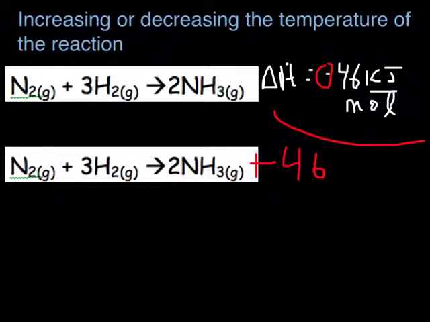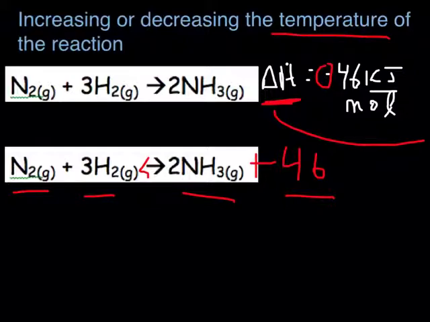Okay, remember, temperature is a measure of the average kinetic energy of the particles in a particular area. If I increase the temperature, those particles will have a higher kinetic energy, which means overall they will have more energy. Okay, so if this is a system at equilibrium, if energy plus ammonia gives me products, energy plus ammonia gives me reactants, and reactants plus reactants gives me ammonia and energy, what's going to happen if